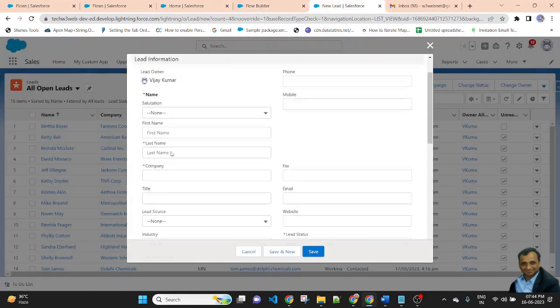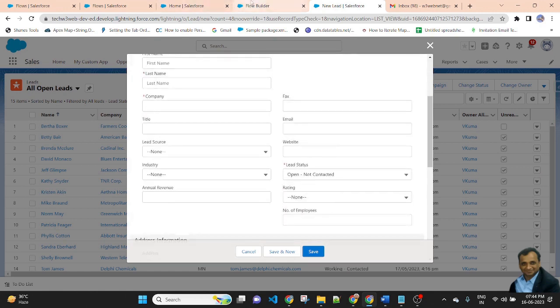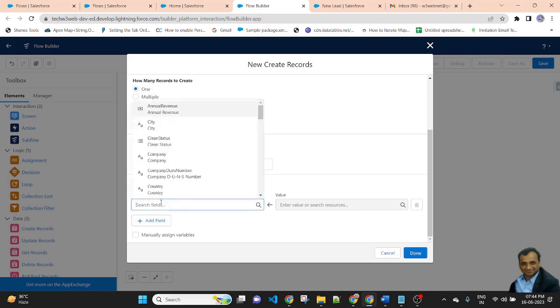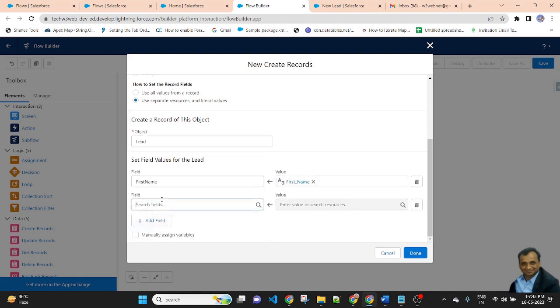The fields are first name, last name, company name, and lead status. First name, assign value first name. Last name, value will be last name.